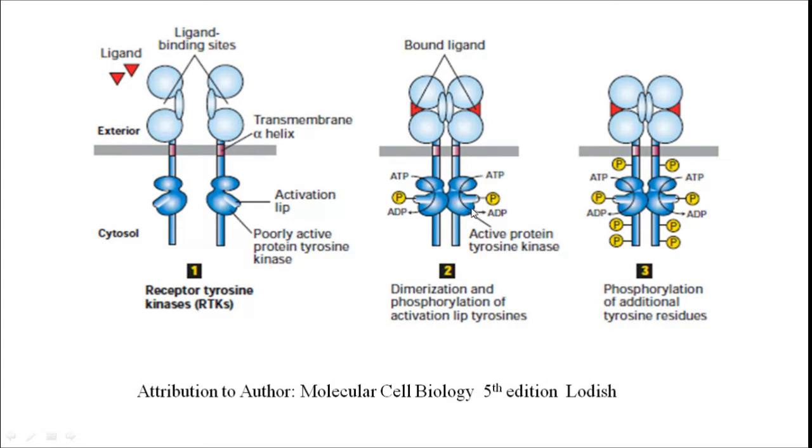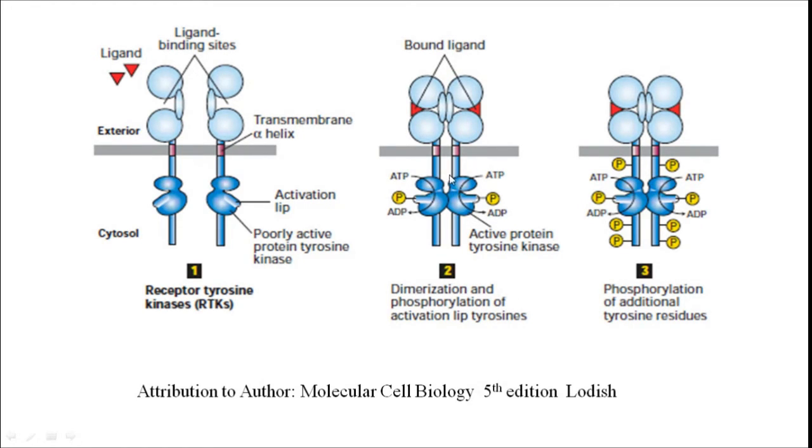So here you can see the ATP will donate the first one of the phosphate group and it will get converted into the ADP. On the second polypeptide chain also the ATP molecule will donate one of the phosphate group to the activation loop of this protein tyrosine kinase and ATP will get converted into the form of ADP and the extracellular cytosolic domain we can say it gets phosphorylated.